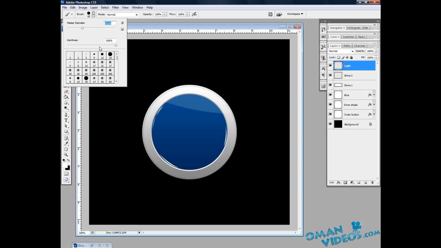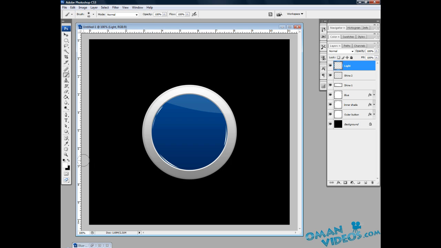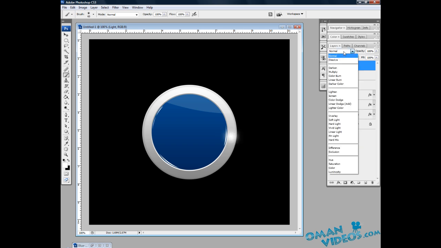Okay, once this is done, let's reduce the hardness. Since we don't want a really sharp white light, we would reduce the hardness completely to 0, and with your foreground set to white, just add in some light here. That's not exactly how it looks. Let's change the blending mode to overlay,